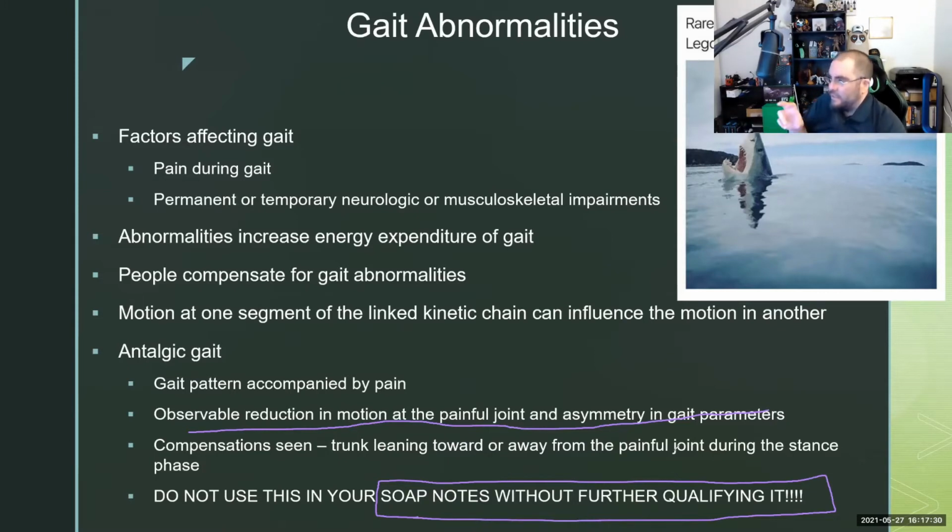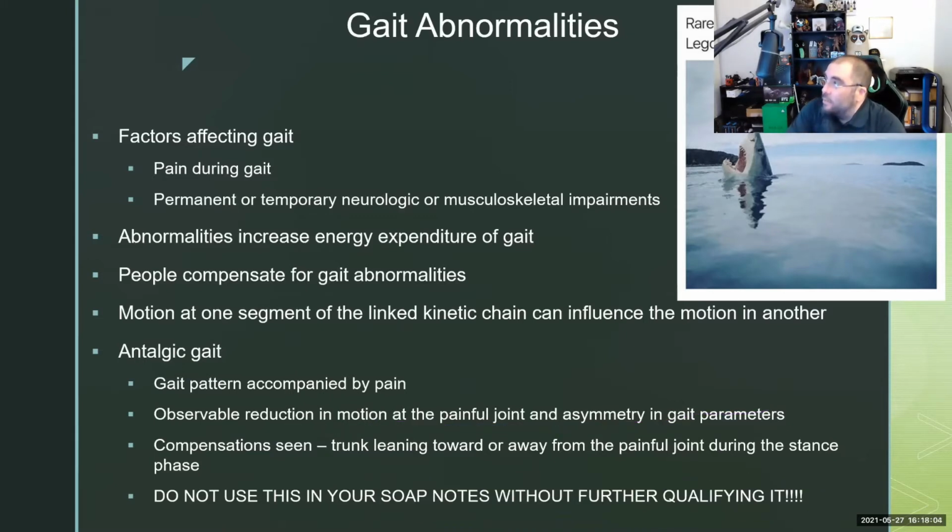You see the difference in the writing there? One gives you very specifics about when the Antalgic gait happened and what's the precipitating event that's causing it, versus just saying, yeah, they're walking painful today. Or patient's gait was Antalgic today with heel strike. Okay, that still tells me something. But just saying the patient's gait is Antalgic tells me nothing. I just know they're walking painfully. Doesn't really help me. And remember, your job when you're writing notes is, number one, to inform your PTs. And number two, if somebody follows you, they should be able to duplicate your treatment.